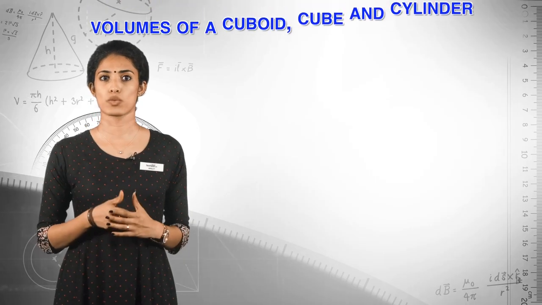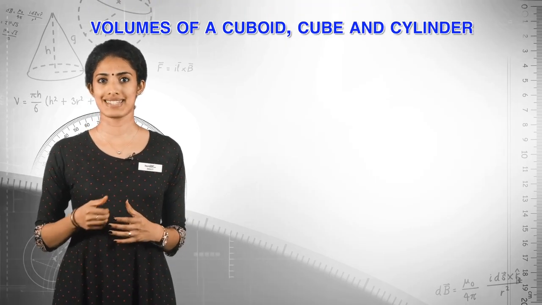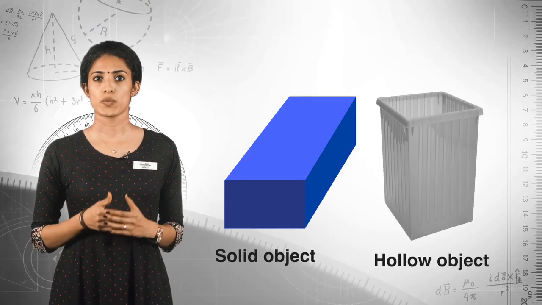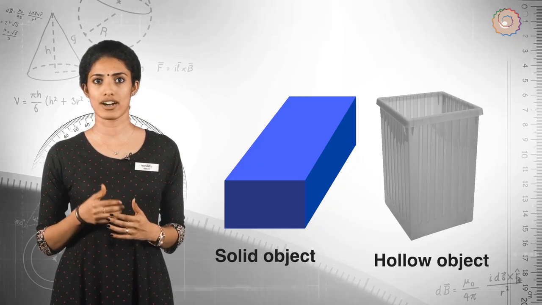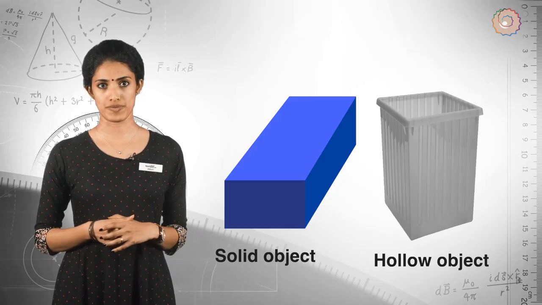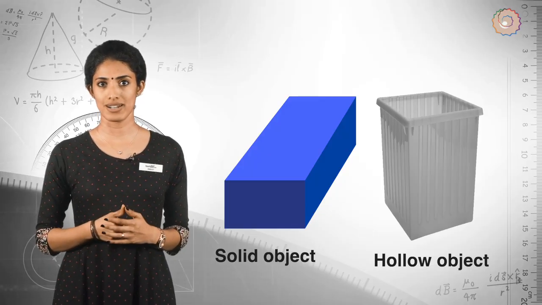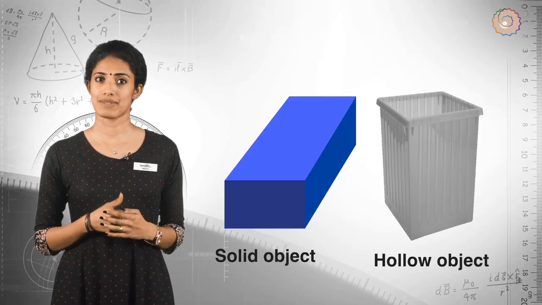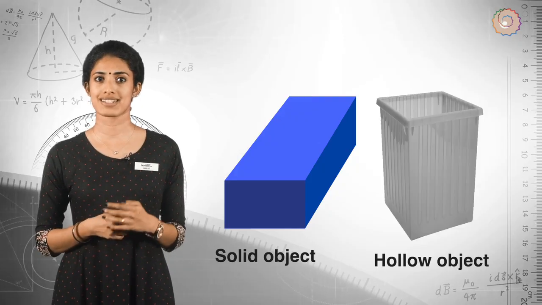Now, let us discuss the volumes of a cuboid, cube and a cylinder. So far, we have learned how to find the surface area of solids. Now, let us find the respective volumes. If an object is solid, then the space occupied by such an object is measured and is termed as the